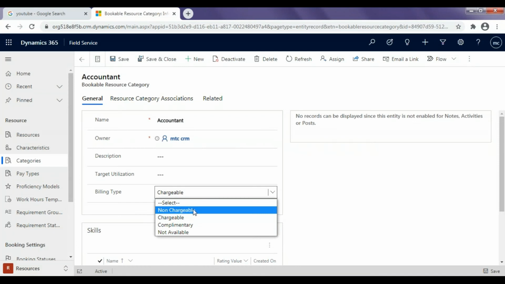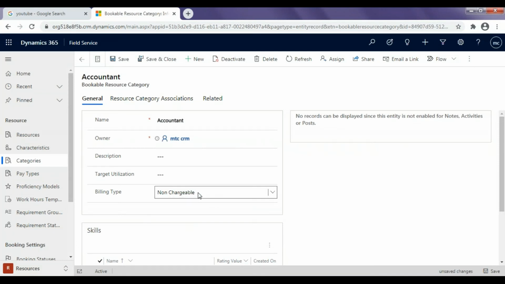When this is selected, it will not be included in the invoice. Complimentary. This is also included in the billing, and for example, complimentary is used when we spend time on learning some new technologies for a particular task, like giving some shadowing on any topics to their colleagues.